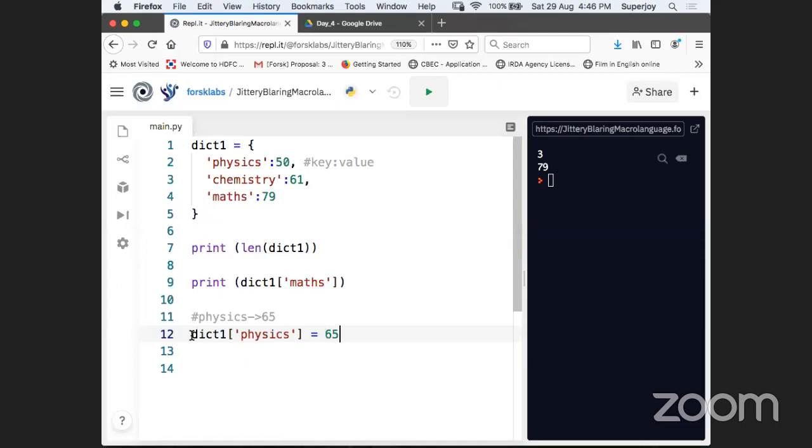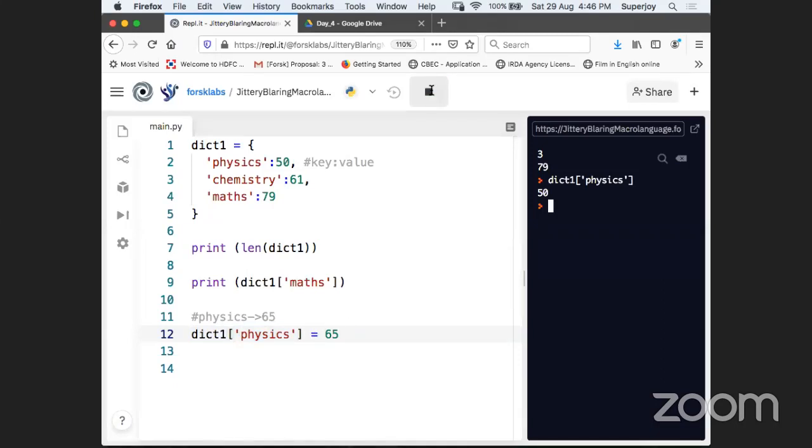So now what will happen, guys? This is basically picking the dictionary and then the corresponding record, right? So this is the value. As of now that will print 50 for you. Can you see, guys? dict1, and if I say physics, you get 50 here. Okay, and now, guys, I am assigning a new value. Will it be allowed or not?